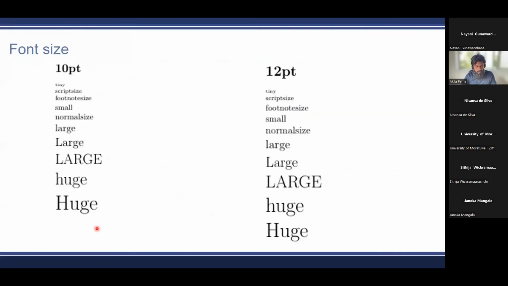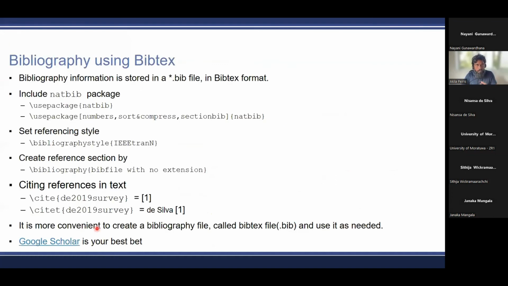let's talk about bibliography. Bibliography is a big deal. We need to add citations. We need to cite things if we are writing a paper and so on and so forth, right? So how would we do this in LaTeX? In LaTeX, we do bibliography using various packages.